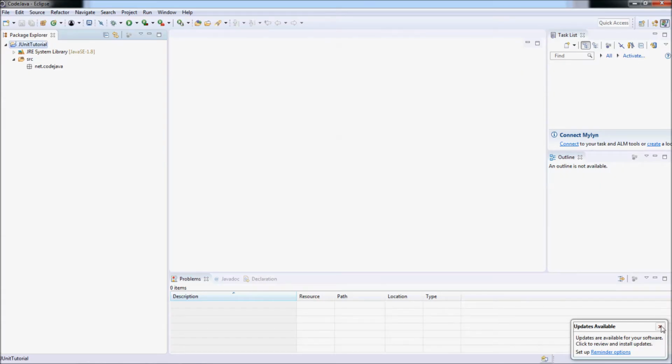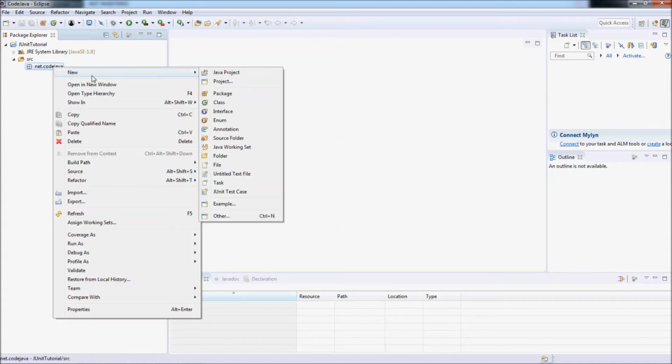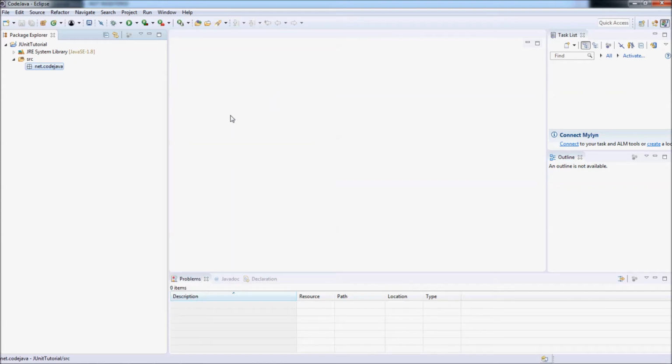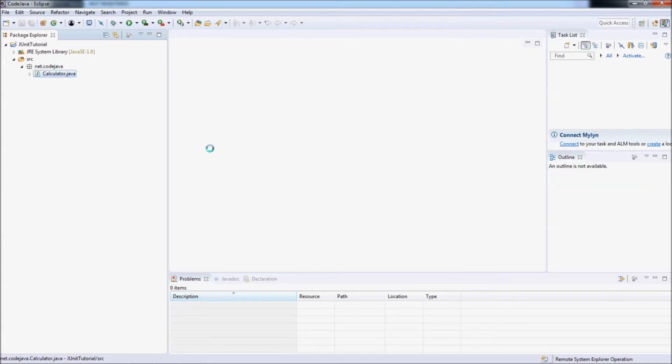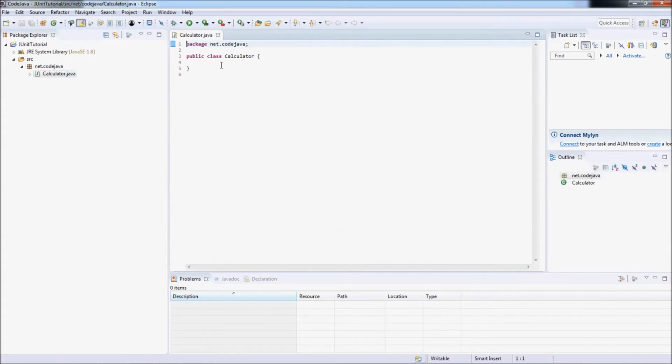this is my Eclipse IDE. This is a very basic Java project. Now let's create a JUnit class, a normal class, Calculator, and write a method, add, with parameters a, b,